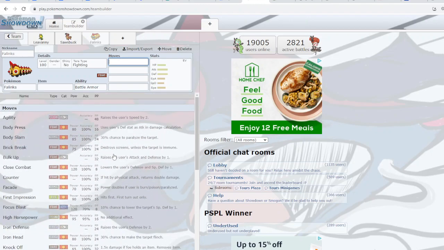Funnily enough, Falinks is one of the first mons I actually started building in NU with. I believe. Pretty sure it was NU that I started building with it. Yeah, it was definitely NU. It was in the beginning parts of the NU metagame for Gen 8. I tried building around it and I was pretty disappointed by its performance. It wasn't as good as I thought it'd be. And that's also because Falinks